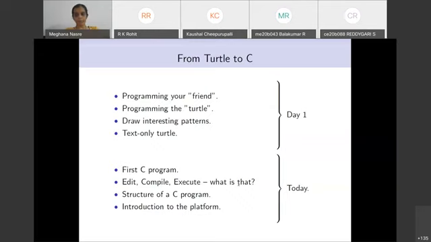And then we will also go to introducing the platform that you will be using throughout the course, which is called REPL.IT. You can of course use your laptops to do things locally for your checking, your testing, your understanding. But when you are submitting assignments, you are going to do it on this platform, which we will introduce to you, and then we will use that during the labs throughout the course. Okay, so